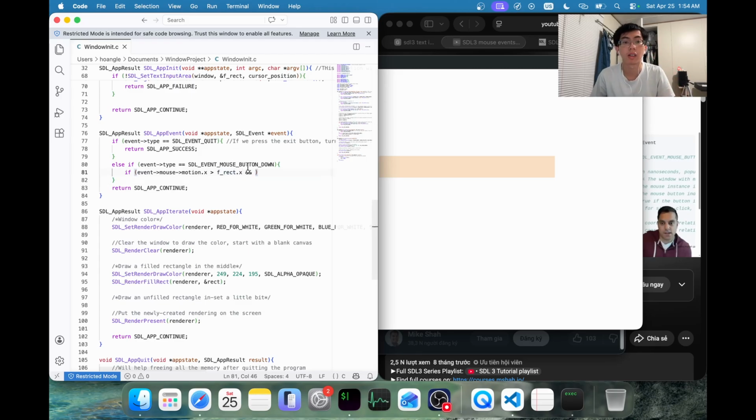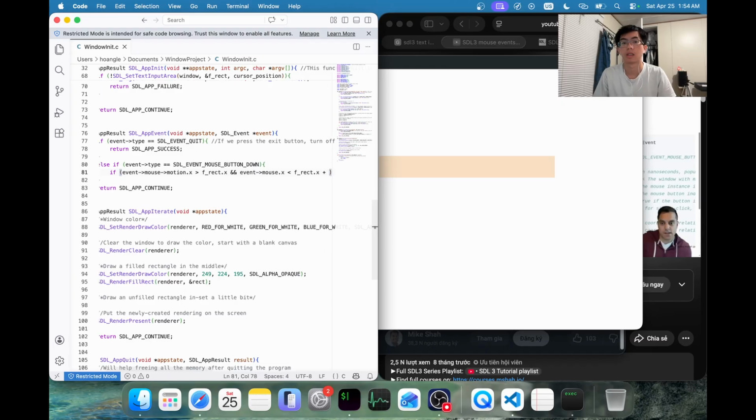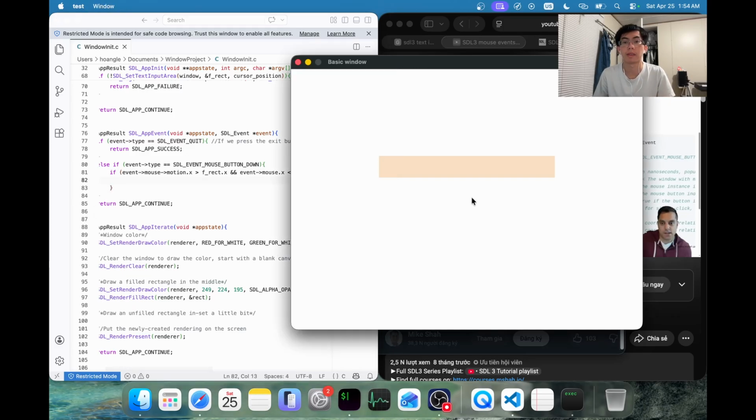frec.s and event mouse dot s less than frec dot s plus 600, I guess, and this picture is in this high,